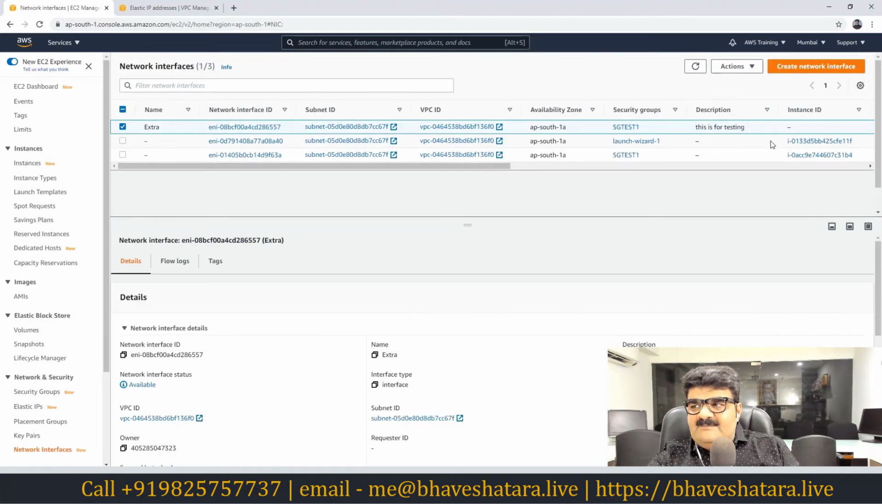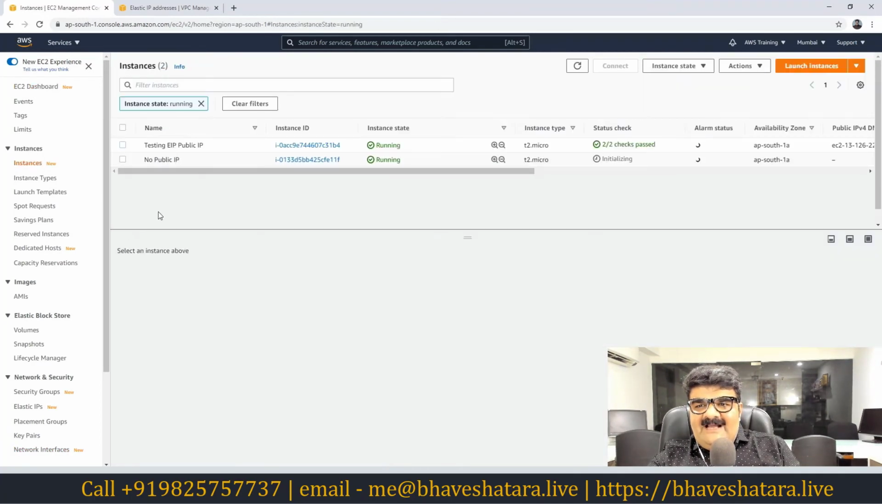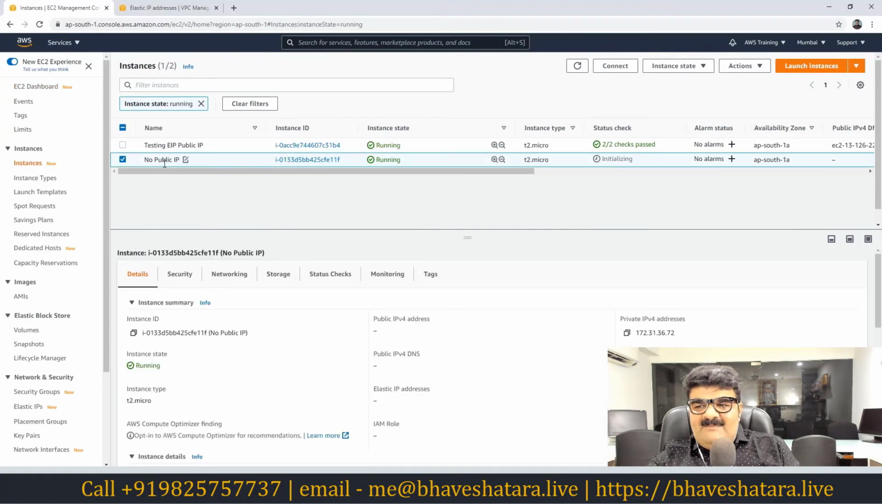Yeah, see this, it is removed. We just detached the interface which has this public IP. Now if I go to the EC2 dashboard, again I cannot connect to this no-public-IP instance because it has no elastic IP. So now the matter is,